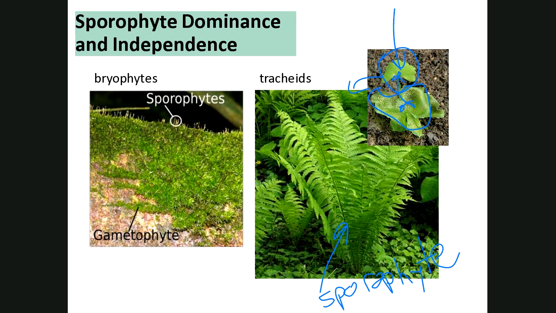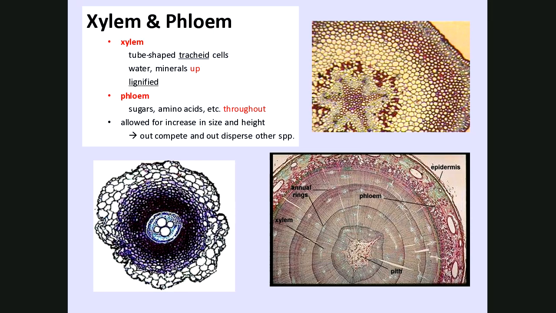All right, since we're talking all about vascularization, let's take a look at it. Now, the vascular tissue that I'm talking about, or the vascular cells in a plant, are called the xylem and the phloem. And the xylem are tracheid cells, and they move material up. They're lignified, and the xylem is usually toward the center of the plant or the tree. So there's the xylem here.